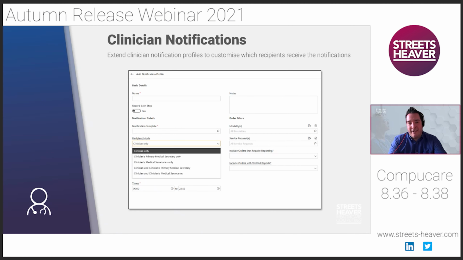And effectively, it would allow you to say, "Dear Dr. Jones, there are now 6 new reports waiting for you to go in and have a look at." So the change that we've made here is just within the drop down within that notifications profile, and what it's allowing us to do is decide whether these notifications only go to Dr. Jones or whether the notifications also go to Dr. Jones's medical secretary. There's a few options in the drop down where we can either send it to the primary medical secretary, which will be the one on the top of the list